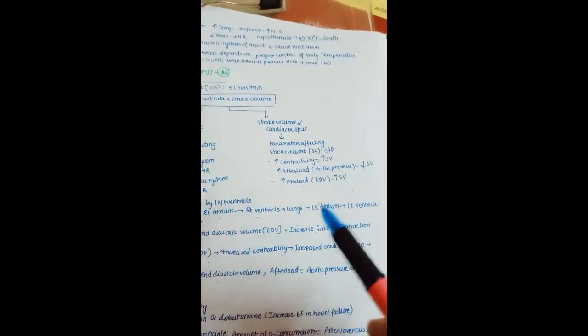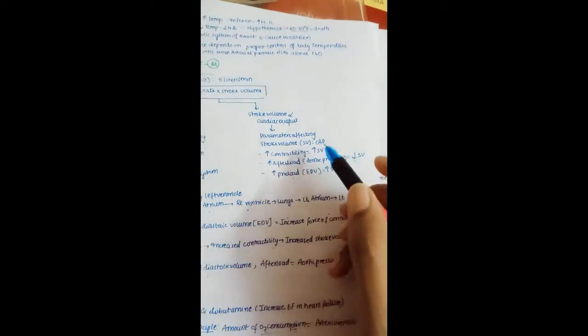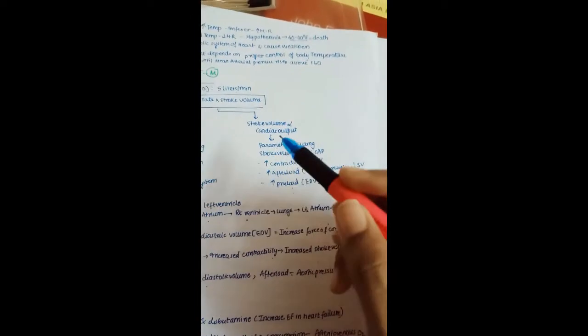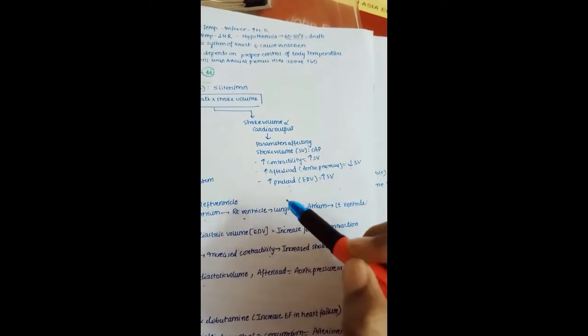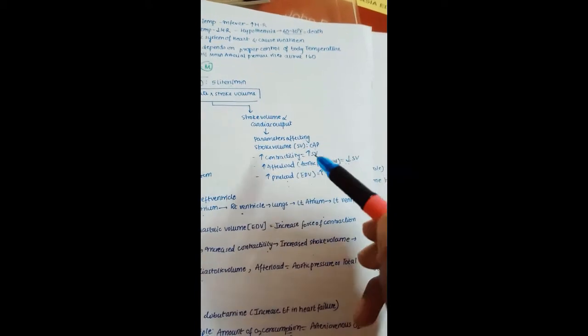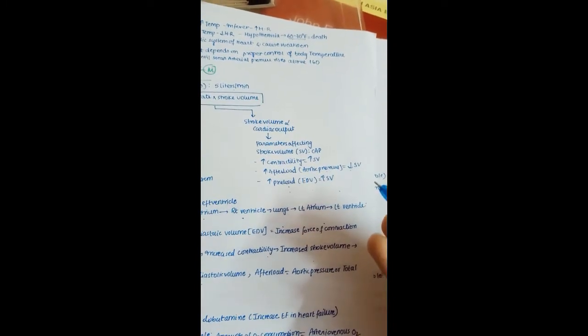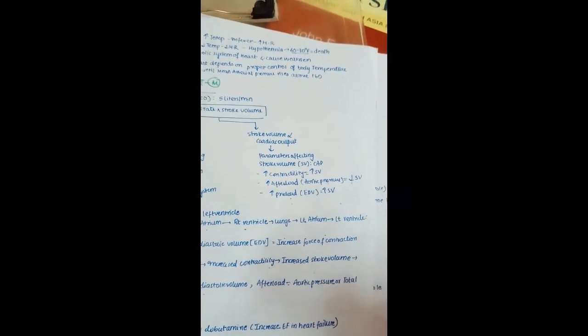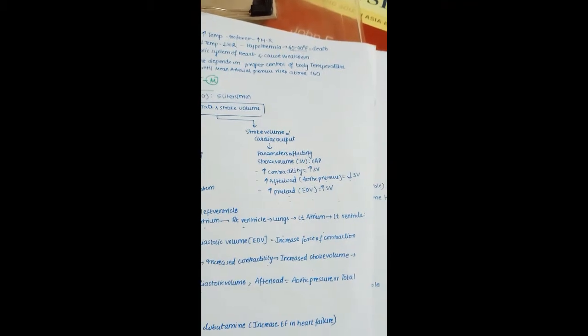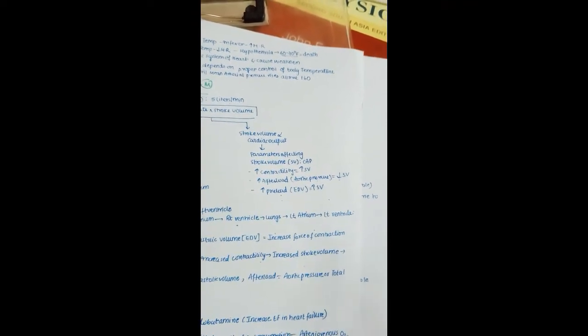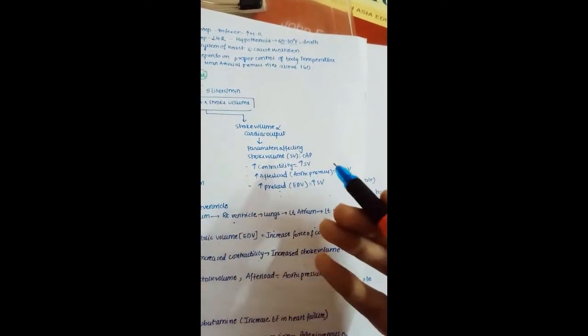And coming to the cardiac output side, that is the stroke volume side. The parameters which are affecting the stroke volume, you can remember with the mnemonic CAP: C for contractility, A for afterload, P for preload. So contractility, afterload, preload, CAP. An increase in contractility, of course, increases the stroke volume. If we increase the ventricular contractility, more ejection will take place, more stroke volume, and hence also more cardiac output.